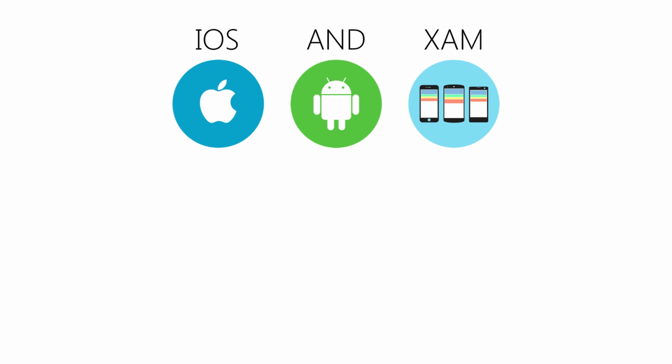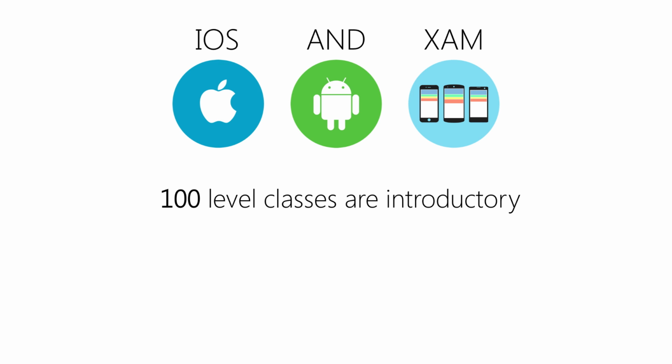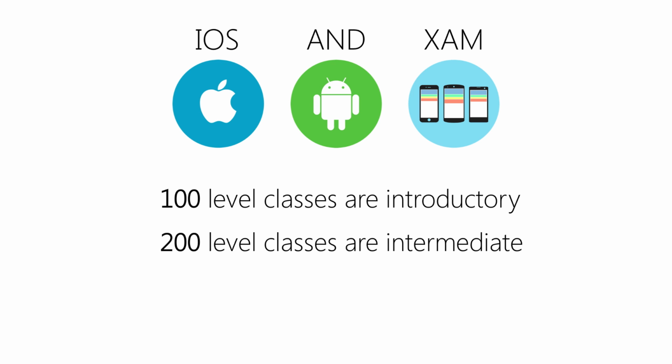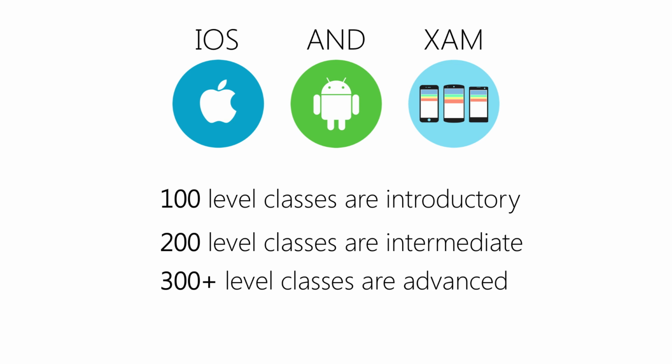100-level classes are considered introductory, and they generally assume very little knowledge about the topic. If you've done a lot with the technology covered or have used a similar feature on other platforms, then these classes will likely just be good reminders for you. 200-level classes are intermediate, and they generally assume that you have the basics down and are diving a little deeper into a topic. And finally, 300-level and beyond are advanced topics, which assume prerequisite knowledge and often build on the